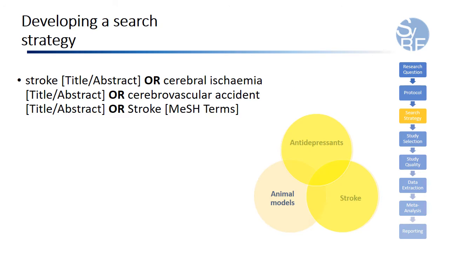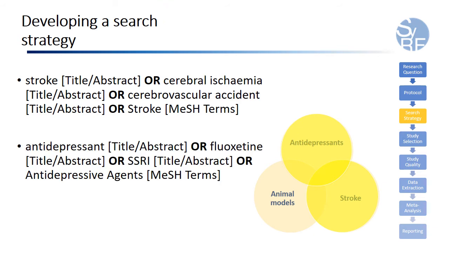Firstly, if we consider the terms used for the intervention and disease that we are interested in, we can set what fields to look in using the search details field. For example, we can search for these terms in the title and abstract, or the MeSH terms by using square brackets after each term and stipulating where you would like to search.